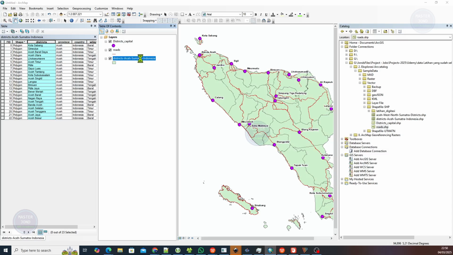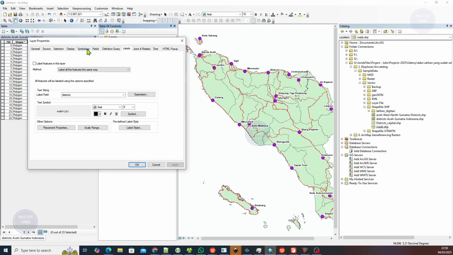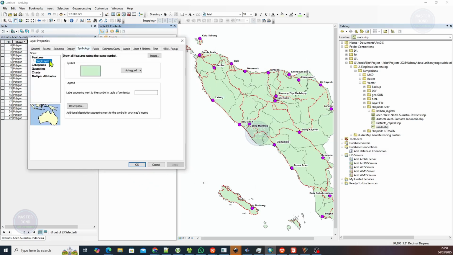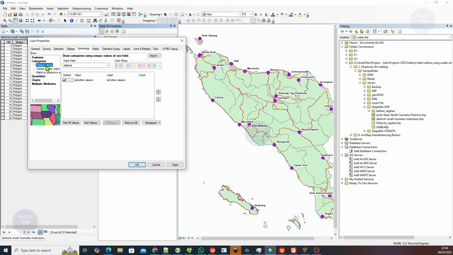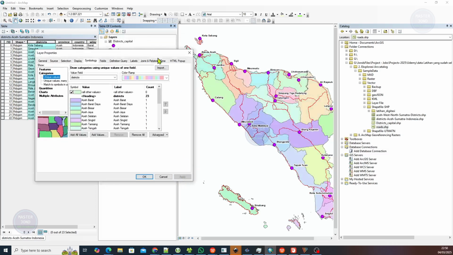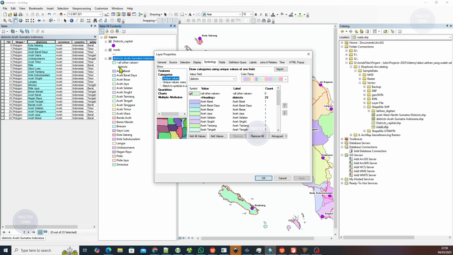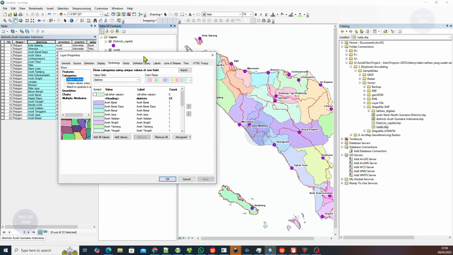to pop up the properties dialog, and there first we will click the symbology tab here, and we click categories, and we click unique values, and the value field will be district, and click add all values here. Okay, first we click apply to see the result. Okay, that's the result. We see here all other values is checked, so we will uncheck this and apply there,